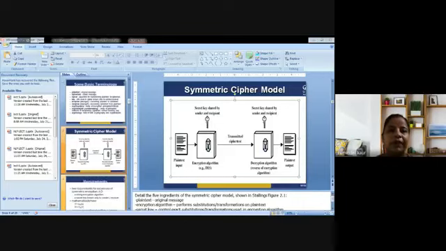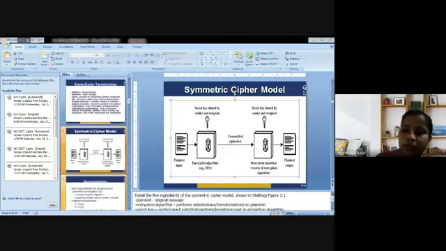Now, what is basically a hash table? In computing, a hash table is a data structure that implements an associative array abstract data type, a structure that can map keys to values. A hash table uses a hash function to compute an index, called the hash code, into an array of buckets or slots from which the desired value can be found. The use of a hash function to index a hash table is called hashing or scatter storage addressing.